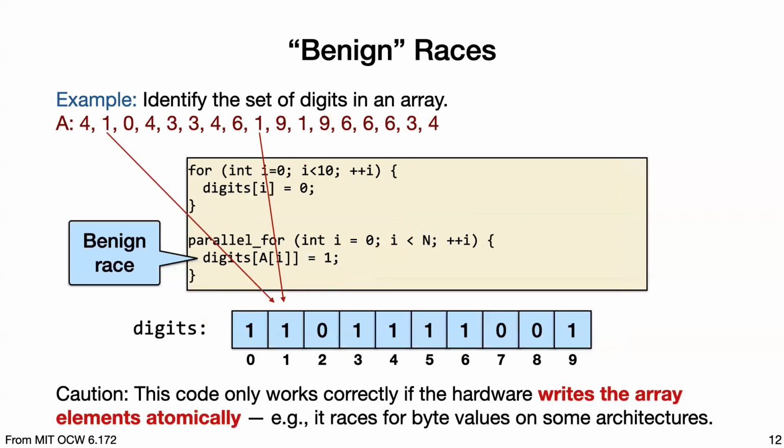You can also have benign races, which are basically where you are allowed to write to the same location in your data structure, but it may not affect the total correctness of your program. So for example, let's say our problem is to make this array and we set a 1 wherever we have a digit in some input list. There's our example input list, like 4, 1, 0, and so on. And our code is just to, for every value up there, set the bit in this array. This is just like saying what elements we have